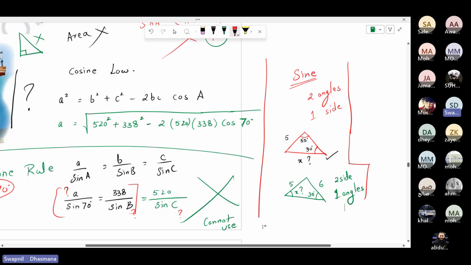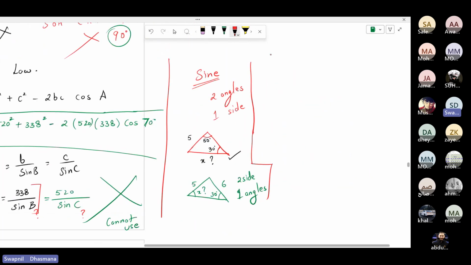Now when can I use cosine? So there are 2 conditions for cosine also. One is if you know all 3 sides, 5, 7, 6, and you need to find the angle. You can use it. In this case,